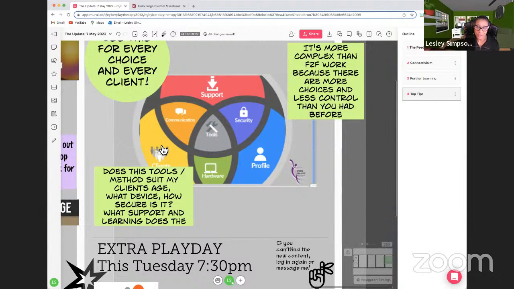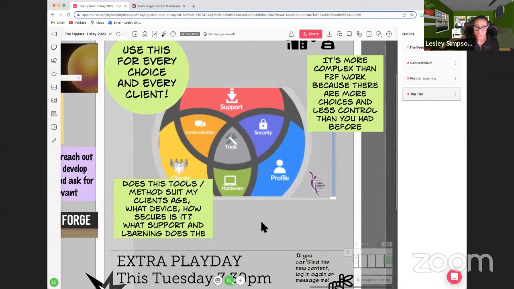Make your decisions client-led, not tech-driven. So keep that in mind. When you're thinking about your game changer challenge and the interventions that you're designing, again, keep this diagram in mind as well, and make your goals very SMART. That thinking around, I'm going to use this app this week, I'm going to learn how to use it with this client group, making it very specific so that you're absolutely committing to something very focused,